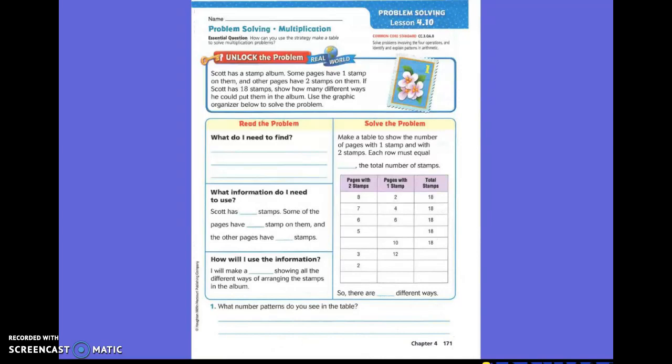Read the problem. What do we need to find? So we read the problem. What are we trying to find? Everyone should know this answer. I should see all hands up because you should know how to write what you need to find. We've already talked about this a lot of times. Wyatt? Okay, so how many different ways Scott can use all 18 stamps on pages of the album